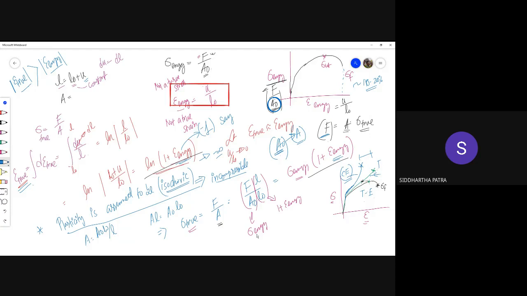So the thing is, in one situation, tensile, the cross section is reducing. In the other situation, the cross section is increasing. But when you are plotting the engineering stress strain diagram, you are not taking into account whether the cross section is increasing or decreasing. You see, the true stress strain diagram in either situation would be identical. That is the purpose of the true stress strain diagram. That is actually the property of the material, and that doesn't depend on whether you are loading it in tension or compression.